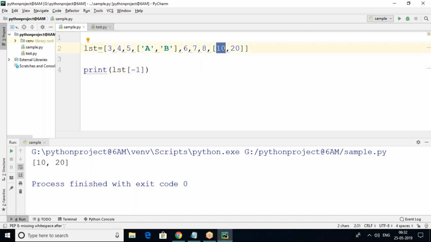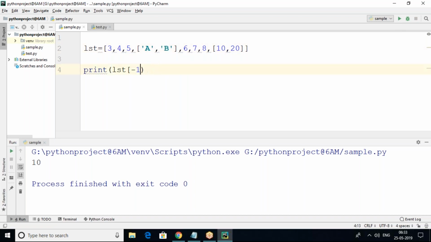Sir, I want to get only this one. In this nested list, inside the element I want to get -1 of -2. -1 of -2, that is 10. Here -1 is completely this one, inside again backward -1, -2. Or else -1, 0 also you can use, no problem. Here 0 and 1. Or else -1, -2, because of negative index. Both are okay.